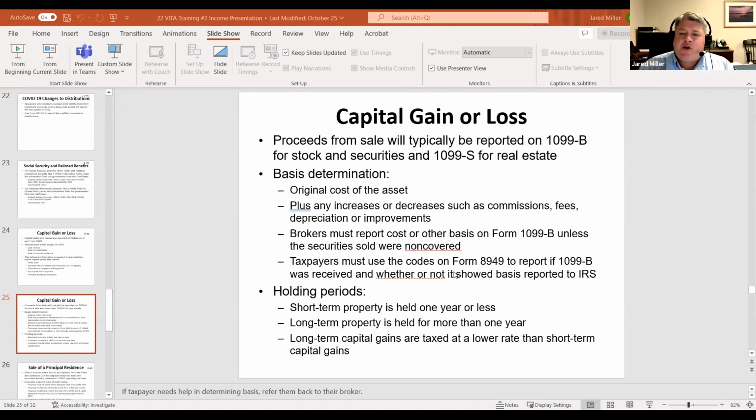See if there's something there that shows basis. If there's nothing in the documents that shows basis activity, we're going to have to send that individual back to either their broker or someone else that can help give us the basis number, or default and put a 0 in. Again, if they have just long-term gain transactions, it may not have an impact on their taxes, but certainly we can't create a number for them.